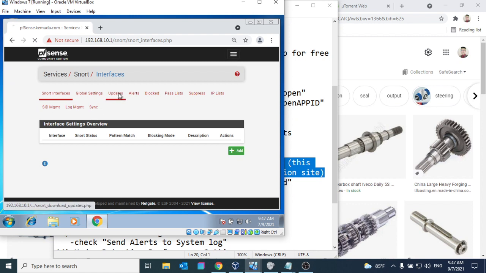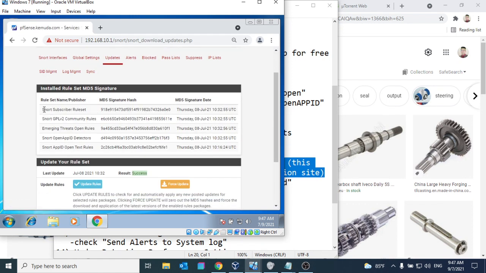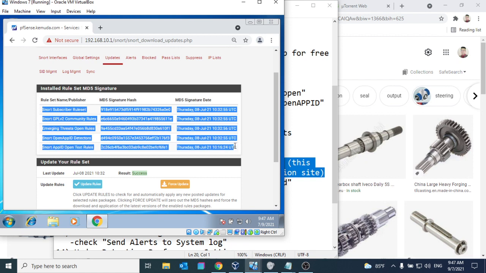Okay, so in the updates, you see all my rules are updated. I will discuss in a separate topic about the Snort rules, or what are the built-in rules that Snort has that we downloaded that will be used to monitor the system. So basically there are flags that Snort can monitor as an intrusion detection system, meaning there's already a list of predefined threats that Snort can monitor. That's why we downloaded all the necessary